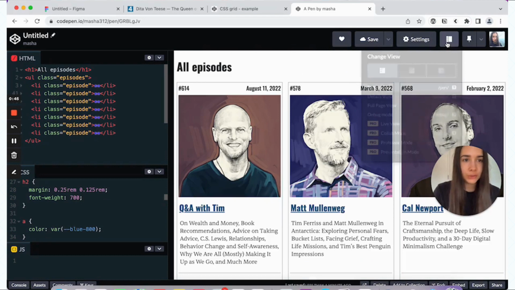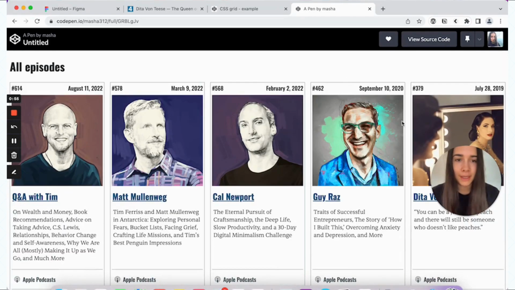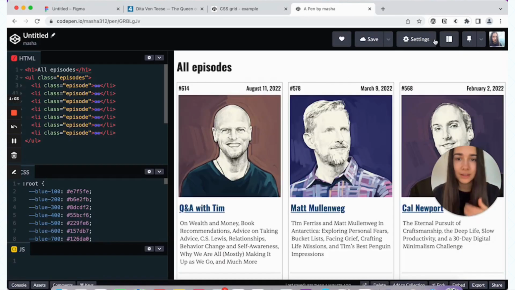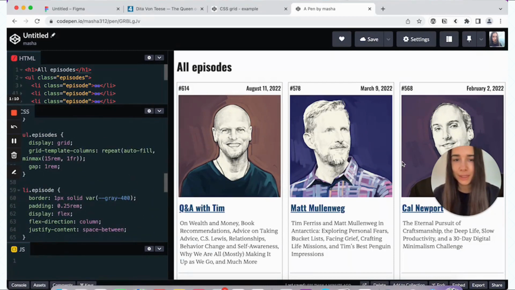And now what we can do is go inside the full page view. And here we just get a better sense of what our page would look like as a whole. So maybe a couple of things I can do. And actually the first one I already did off camera. I did increase the minimum width to 15 rems instead of 14. 14 just felt a little too narrow.